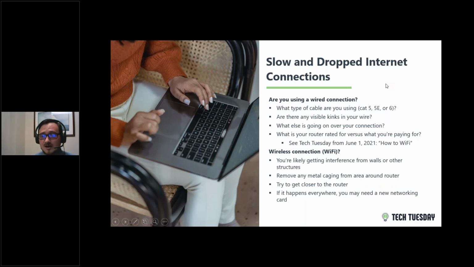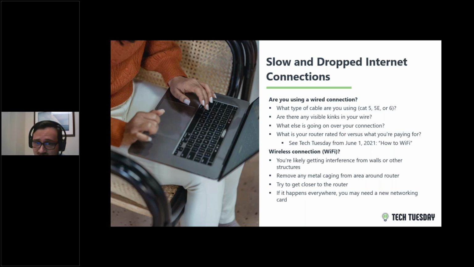If you're using a wired connection, which is that cable physically plugged into the back of your computer, we covered this in our networking webinar, so I'd recommend going back and watching that if you have some other issues. One thing to check is what type of cable you're using. If you're using a Cat5 cable, you might want to upgrade to a Cat5e or a Cat6. They'll say on the side of the wire what category of cable it is, and all that means is what kind of quality the cable is.